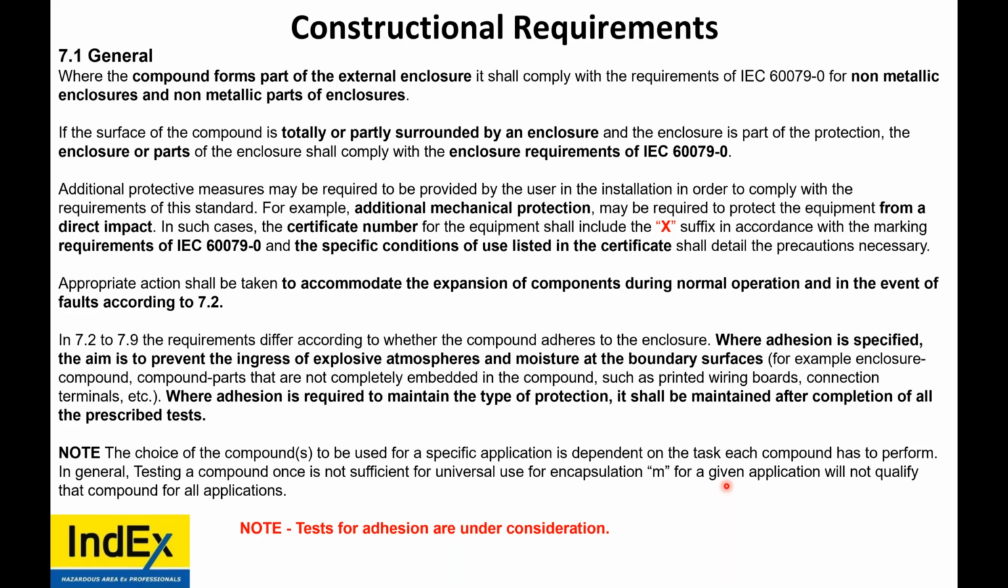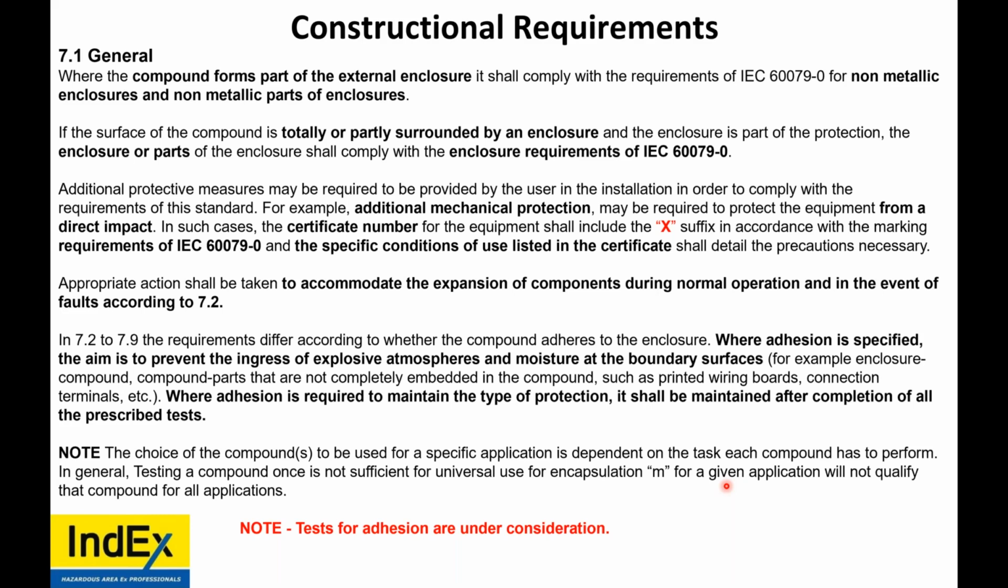Now, additional protection methods may be required. For example, additional mechanical protection. But where it is required, it may be required where there's a risk of direct impact. In such cases, the certificate number shall have the X, conditions of use, listed in the certificate. So you don't refer to this standard, you refer to the certificate and the IOMs. In addition to 7.2 and 7.9, which are coming,